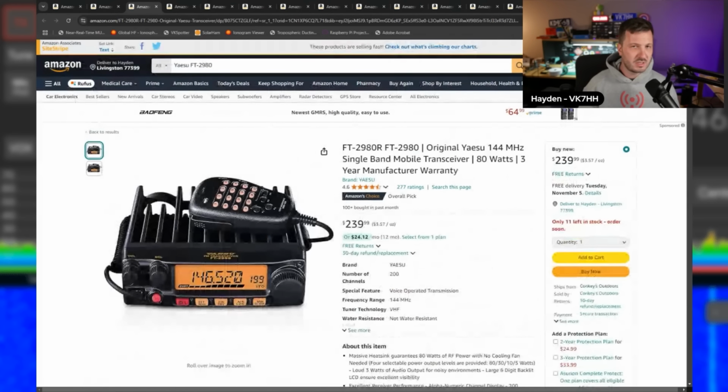This has a 4.6 star rating on Amazon. It is an Amazon choice as well. There's lots of people that use these radios. I've seen ones who have installed these in the car. They might not need 70 centimeters or might not want 70 centimeters. So the monoband